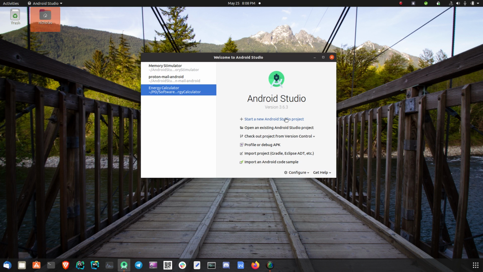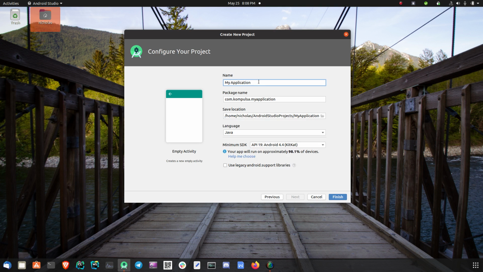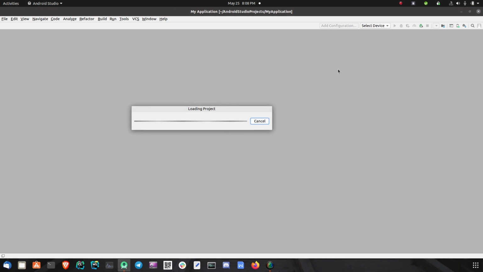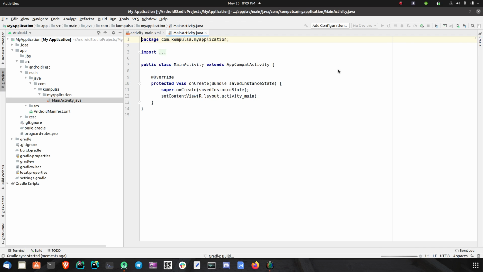So let me just create a new Android Studio project. Select empty activity, just for the simplest, easiest thing to start with, and name the application what you want, etc. And select Java as a language, and then you can just leave the defaults as they are. It does take a little while to create a project and initialize everything, but in the meantime,